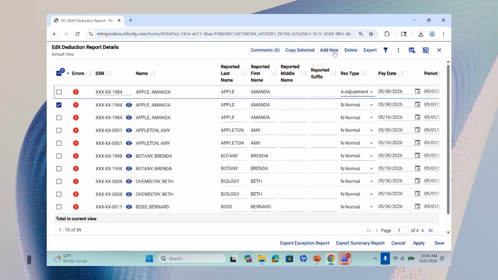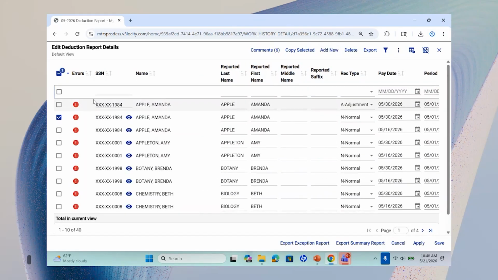Add new, again, it's probably not used super often. If you have to add somebody to this report from scratch, say you were going through, you see somebody's missing, it's just one person, you're just going to manually add them in, you would do it using the add new. So you would click add new. It's going to create a blank row at the top. You simply type in the social